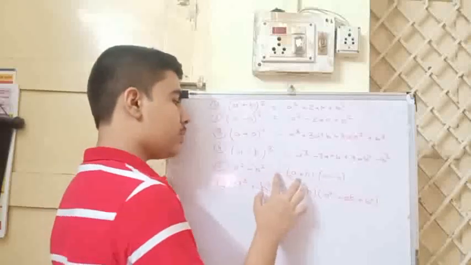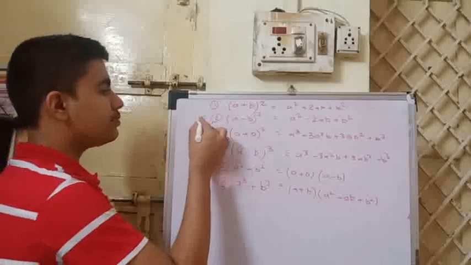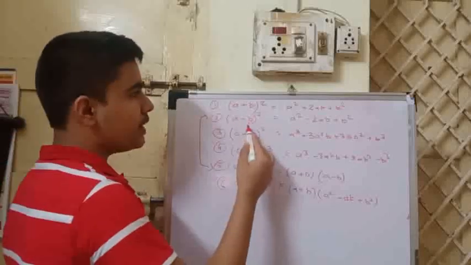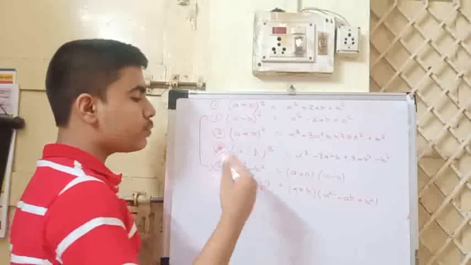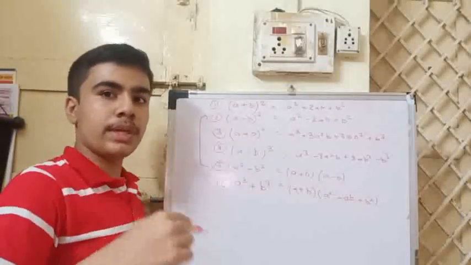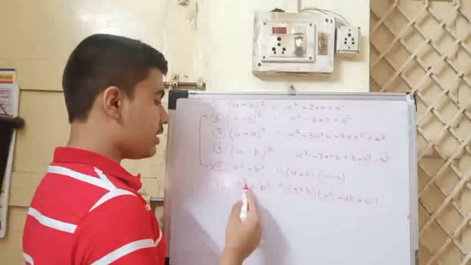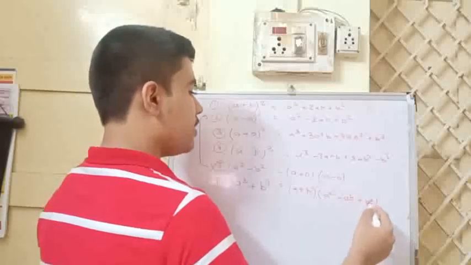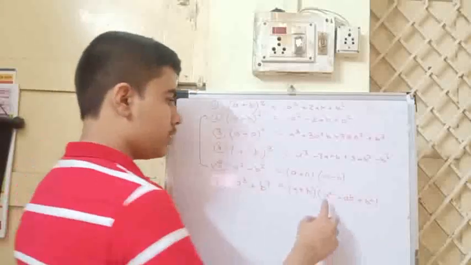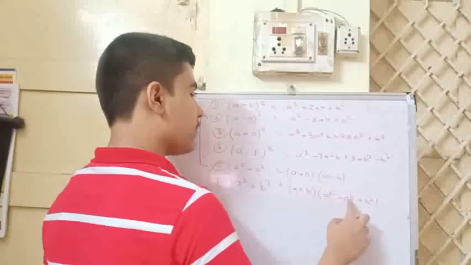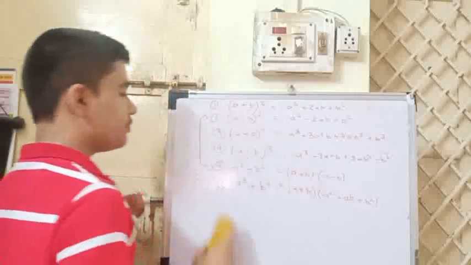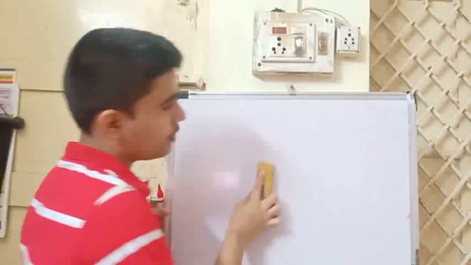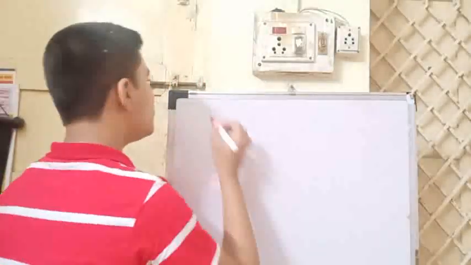Fifth is a square minus b square. The difference between these two is that in the earlier one the square is of both, meaning we first find the difference a minus b and then its square, but here it is a square and b square, the difference of a square and b square. Then the sixth is a cube plus b cube is equal to (a + b) into (a square minus ab plus b square). Now we will take some examples on these properties.